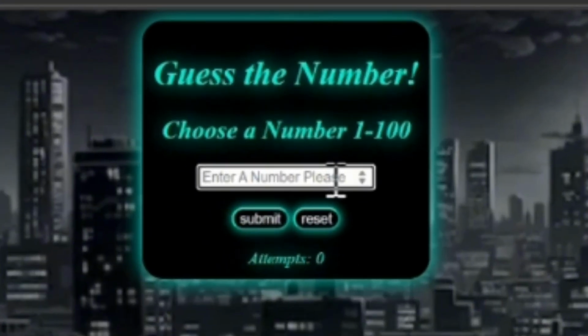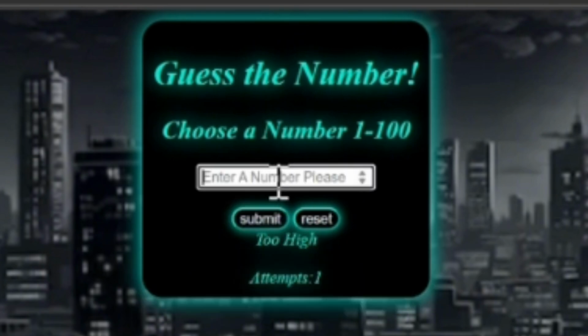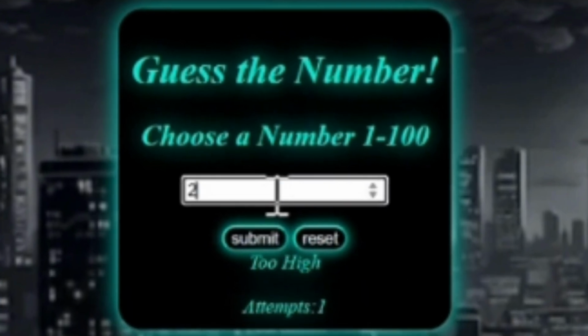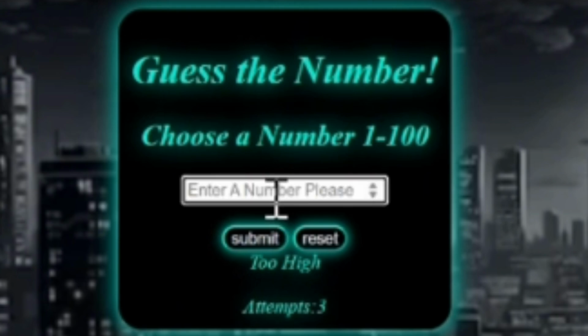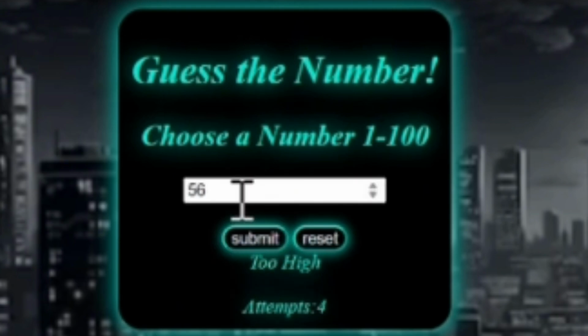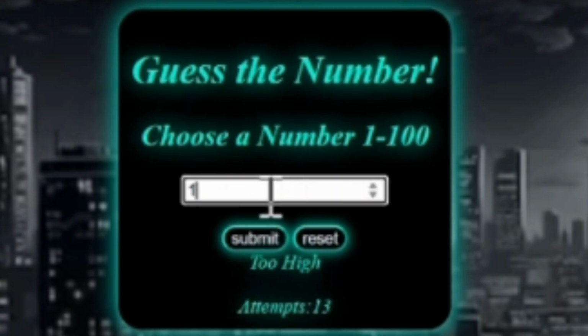Here is its output, and let's try a number like 54. It's too high, so let's try 29. It's too low. 78. It's too high. 56. 38. And what about